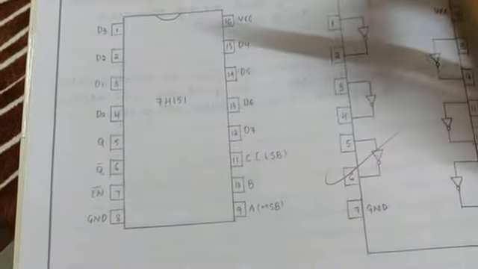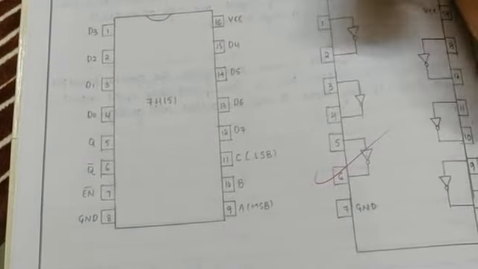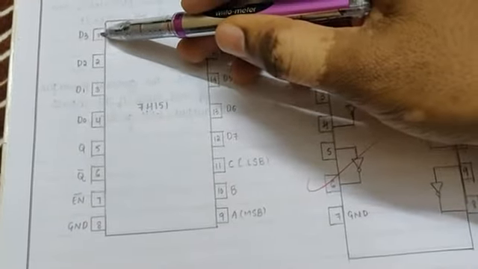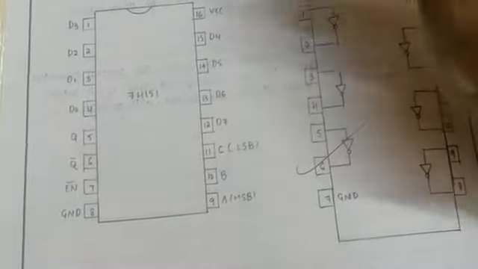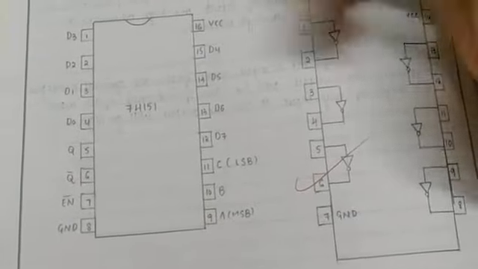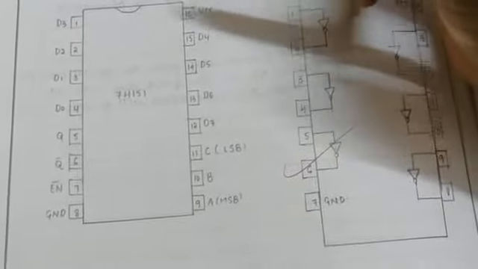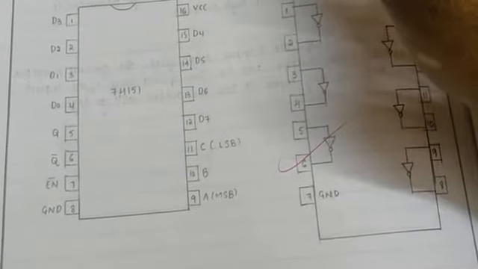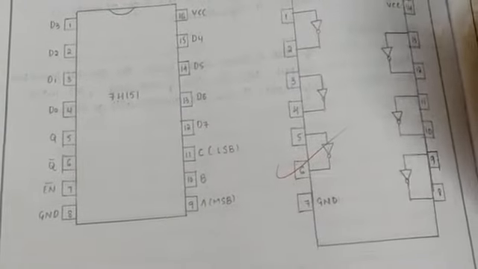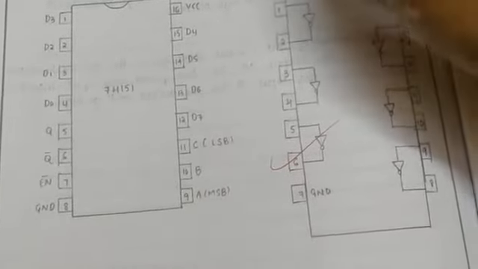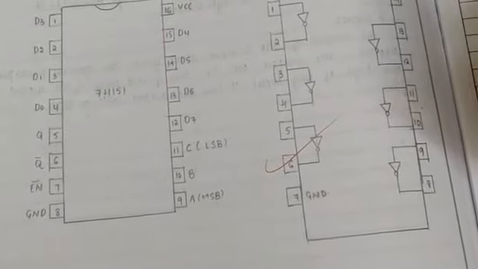Okay, so the ICs are designed like this. You need to remember the numbers. So this is not D0, this is D3. If you make a small mistake in remembering this IC pin configuration, the complete thing goes wrong. You need to learn these things. In your examination they are not going to give the pin configuration diagrams. They are just going to give the ICs. Even if they don't give the ICs, you need to remember the IC number and ask the instructor. You need the IC number of 74151; if you don't know the IC number, then nobody can help you.